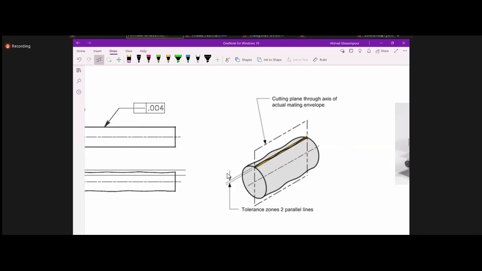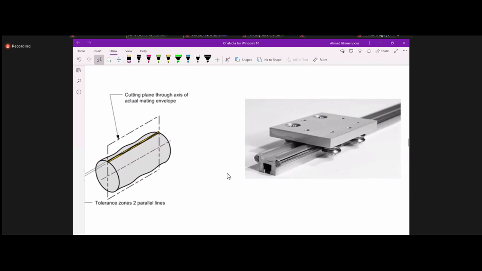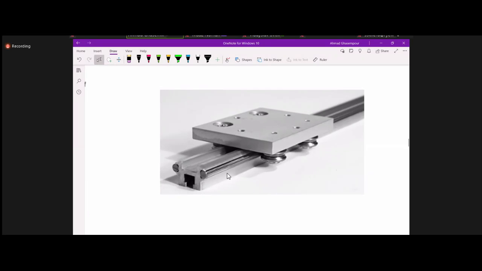When would this be useful? This is an example of when this would be useful, right? So you have two rods, and this stage is basically moving back and forth. If you don't want any wobbles as this moves back and forth, you want to control the straightness of lines of contact, right? So this would be a good application of the straightness of